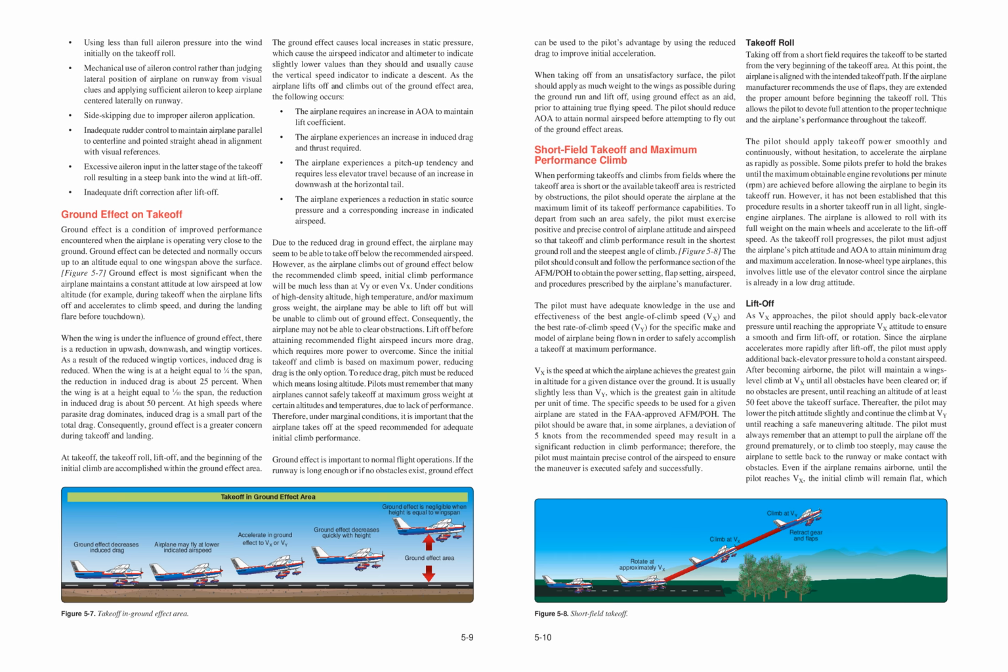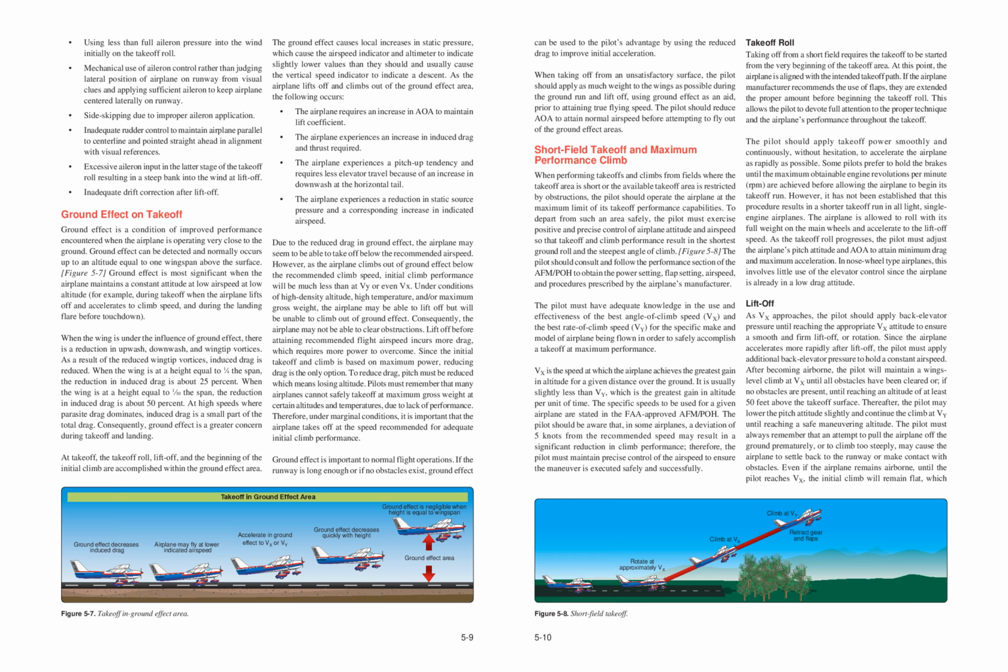Some pilots prefer to hold the brakes until the maximum obtainable engine revolutions per minute, RPM, are achieved before allowing the airplane to begin its takeoff run. However, it has not been established that this procedure results in a shorter takeoff run in all light, single-engine airplanes. The airplane is allowed to roll with its full weight on the main wheels and accelerate to the liftoff speed. As the takeoff roll progresses, the pilot must adjust the airplane's pitch attitude to attain minimum drag and maximum acceleration. In nose-wheel-type airplanes, this involves little use of the elevator control since the airplane is already in a